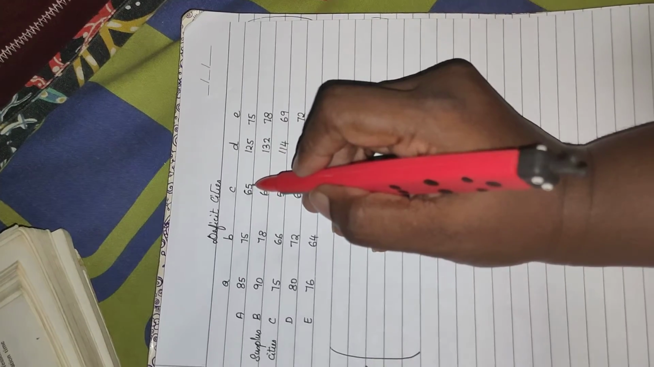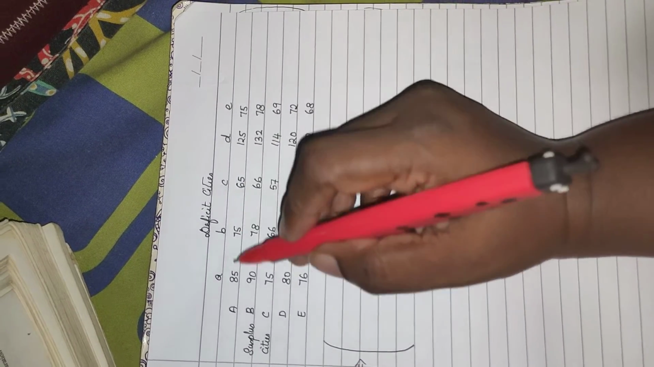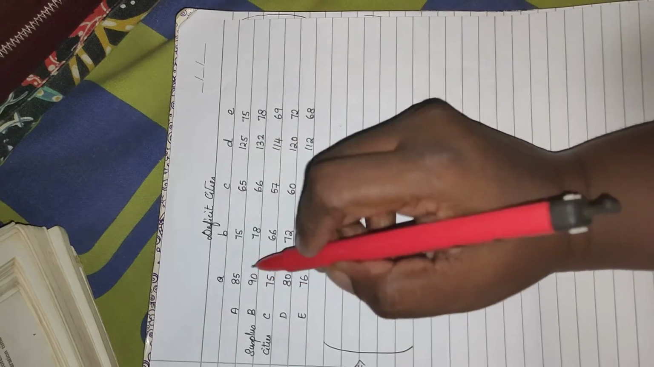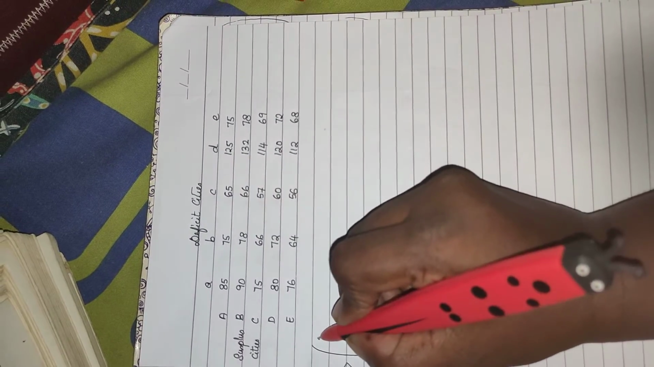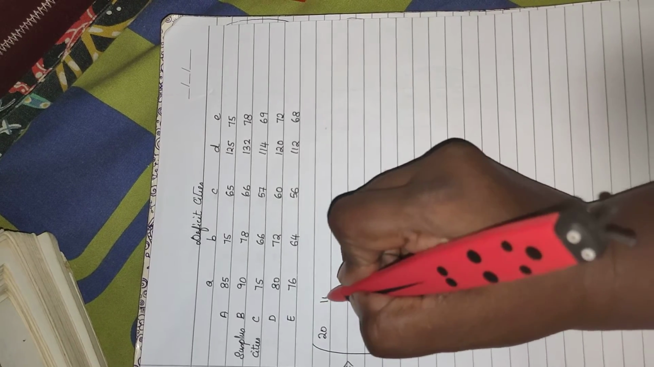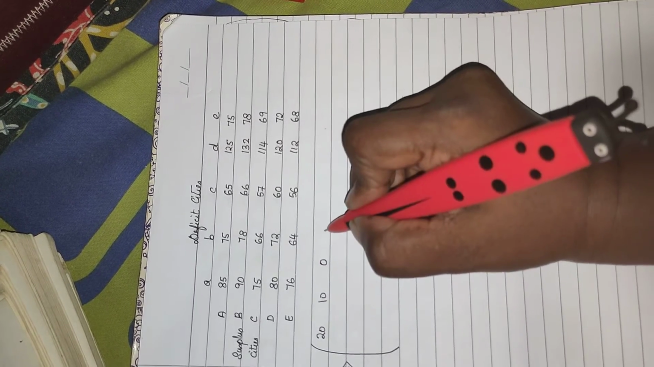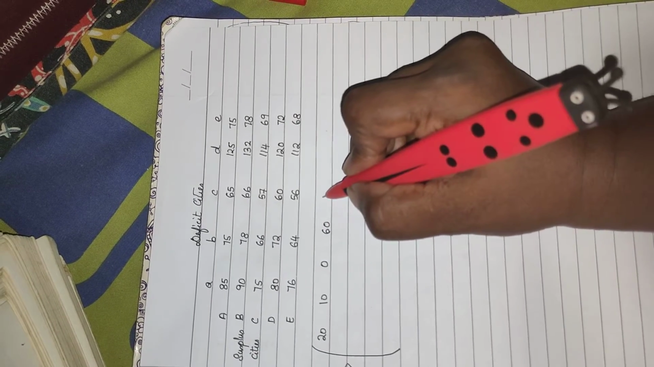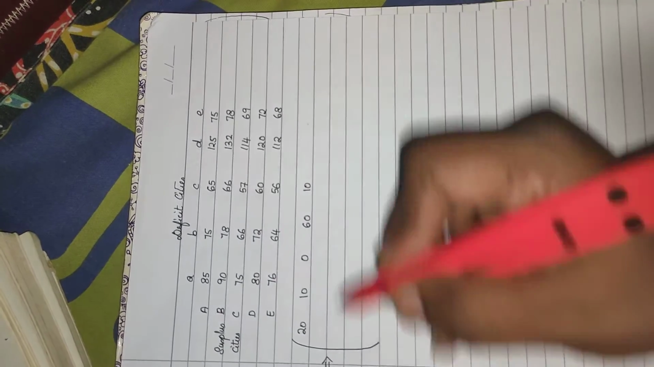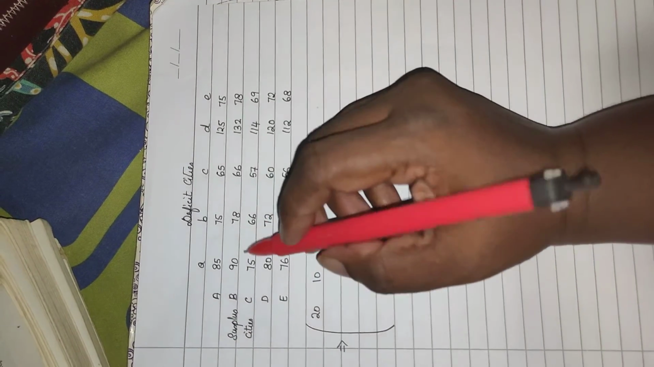The minimum value is 65 for the first row, so I'm going to subtract it from all the other values for the first row alone. So 65, 85, 65, 20, then you have 10, 0, then you have 60, okay, and then you have 10. Right, the second row,